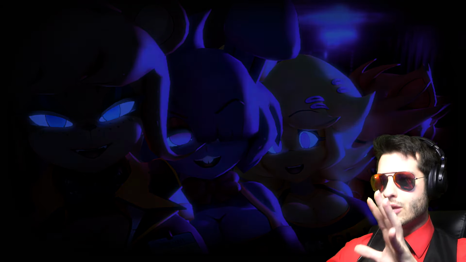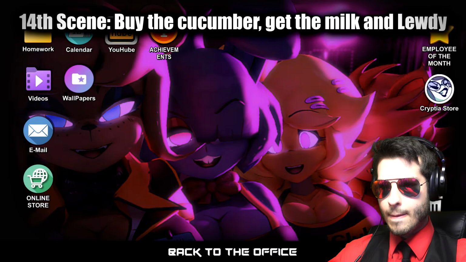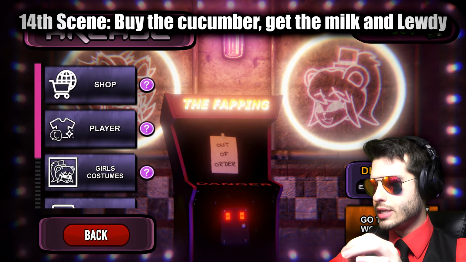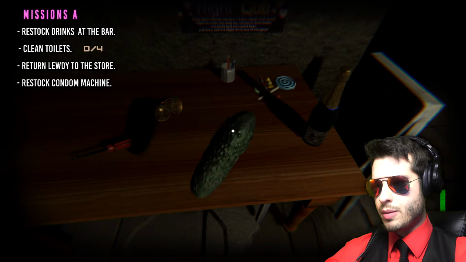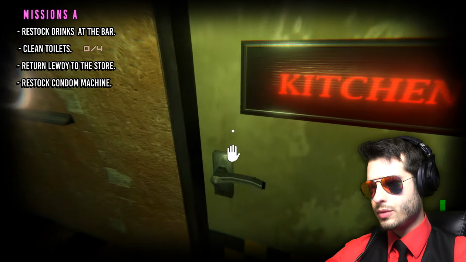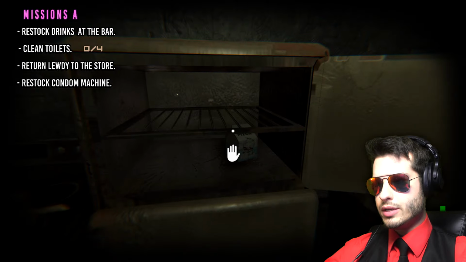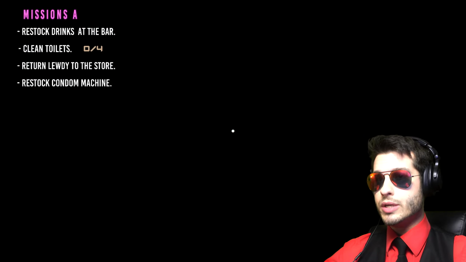But Mary, the main thing you want to do is buy the cucumber from the shop, and put that on a plate in arcade mode. Let me show you where that is located. Go here, in this storage room of sorts, you pick up the cucumber, and you also want to pick up the milk, which you get in Chiku's kitchen. You pick this up from the fridge, right here, and what you're also going to need is Ludi,